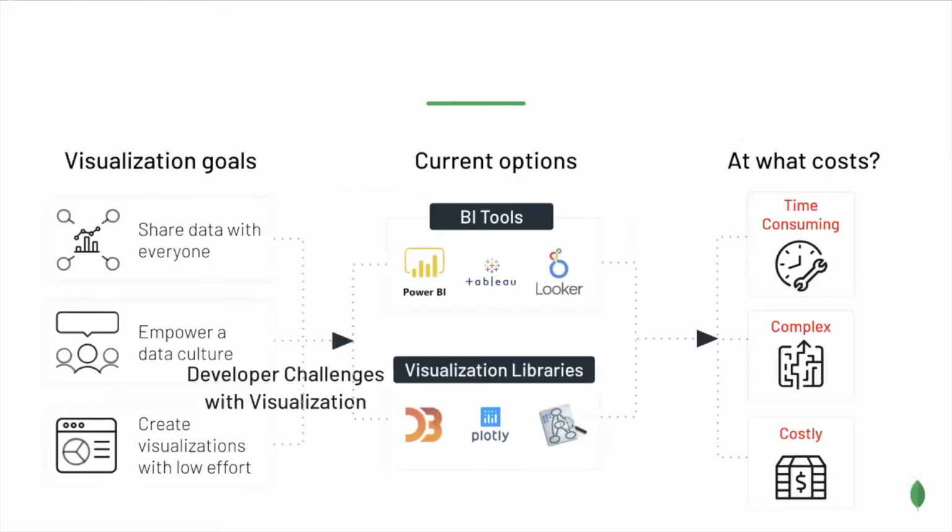Data visualization goals often span inside and outside the organization, from sharing data with others, thus empowering a data culture, to creating those visualizations with low effort. These are the main two options, a BI tool or a visualization library, and while there are great options, both have their own challenges.